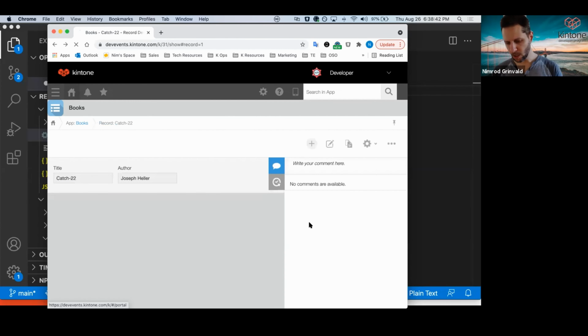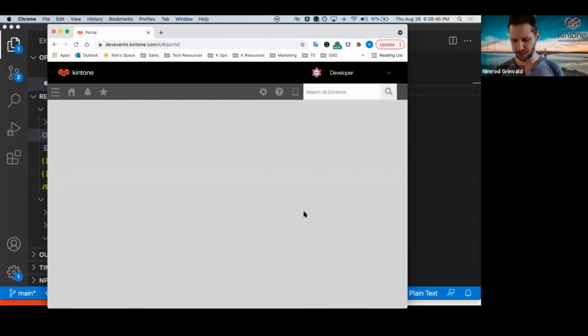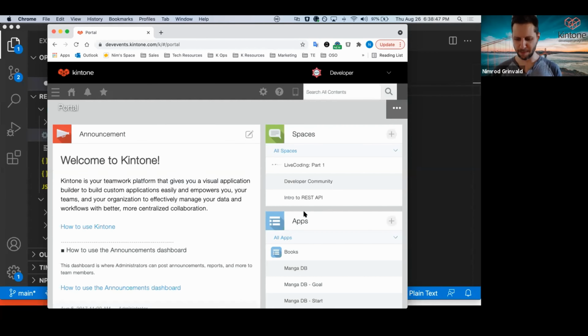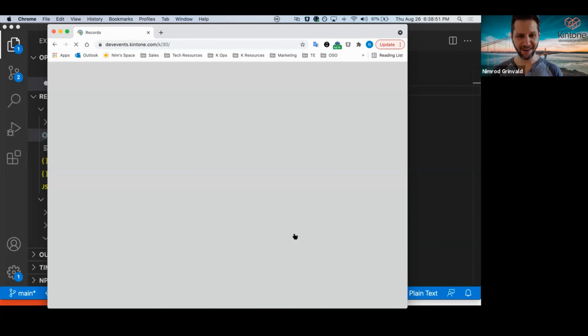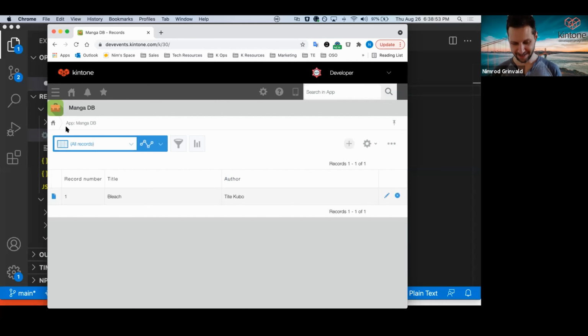Now, I called it Books, but actually Genji's created a MangaDB for us to use. Genji, my apologies to you. I'm just not as into manga. So